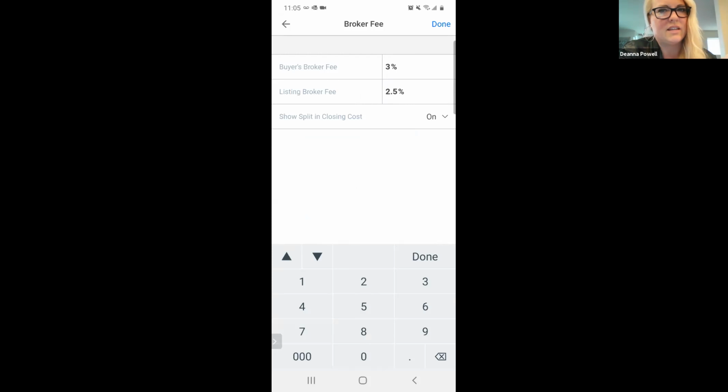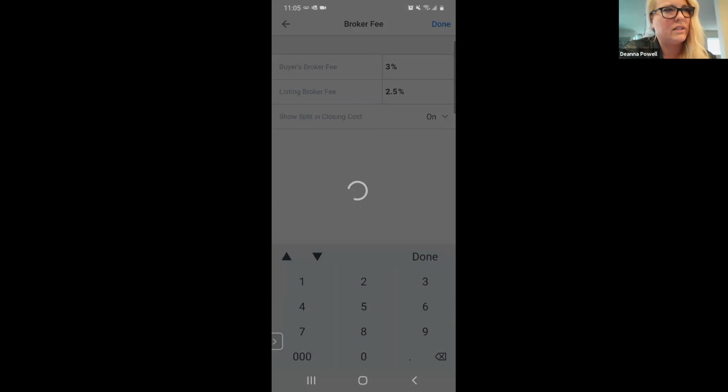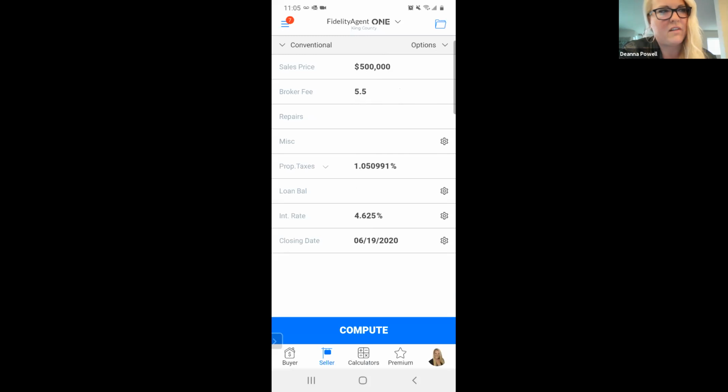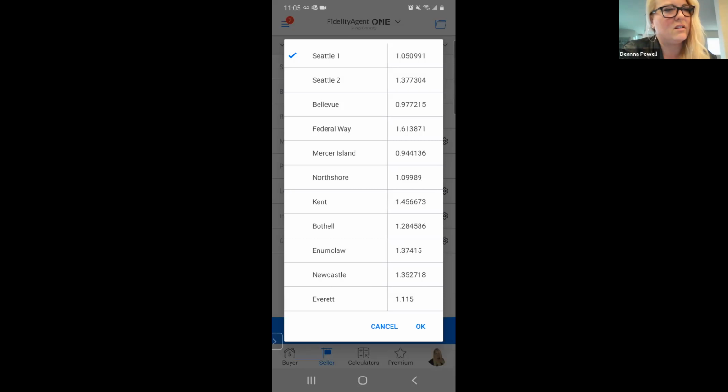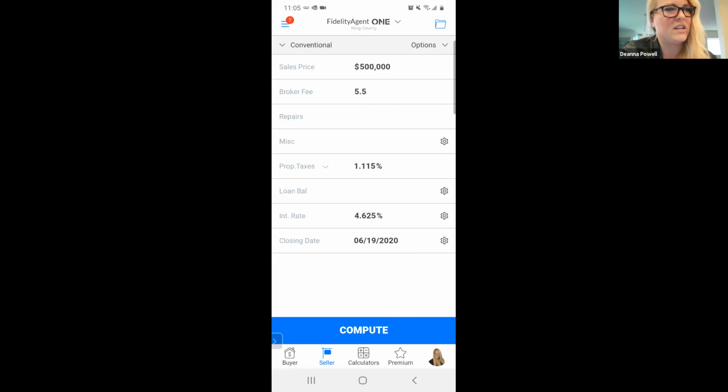So then you just click done at the top for this estimate only, and then you'll see their broker fee is 5.5%. If there are any repairs, any miscellaneous, let's say HOA, if you wanted to put it in there, or whatever it might be. Property taxes, if you go into your drop-down box, you can see for different cities there are different property taxes. Let's say in Everett, I wanted to change the property tax to 1.115. So I just click on the Everett and then I hit OK. It changes the property tax